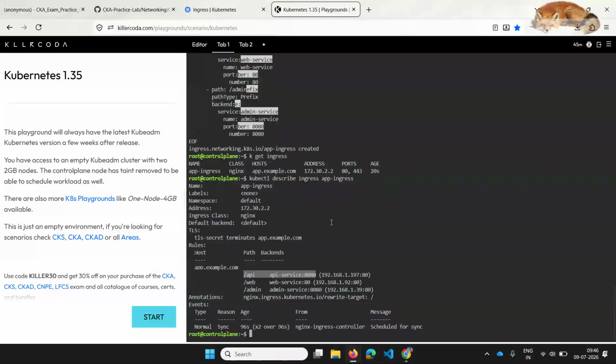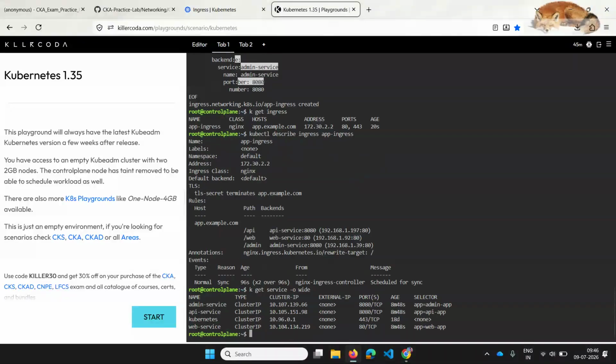And even if you do a k get service hyphen o wide, and see these things. And I think these are the pod IPs. Let me do get pods hyphen wide.